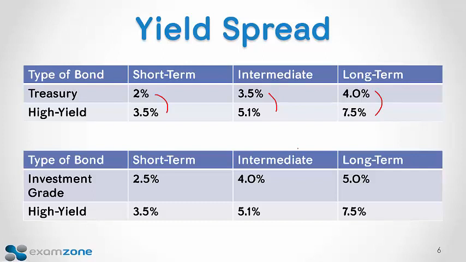So whether it's treasury versus high yield or investment grade versus high yield, how much more yield can I get if I take on some credit risk? And then is that worth doing? And see, that's what often happens when the Fed gets involved and they keep interest rates down for a long time. Senior citizens who really shouldn't do it start putting their money into junk bonds because it's the only place they can get a decent yield. Well, that might be taking on way too much risk for just a few more percentage points.